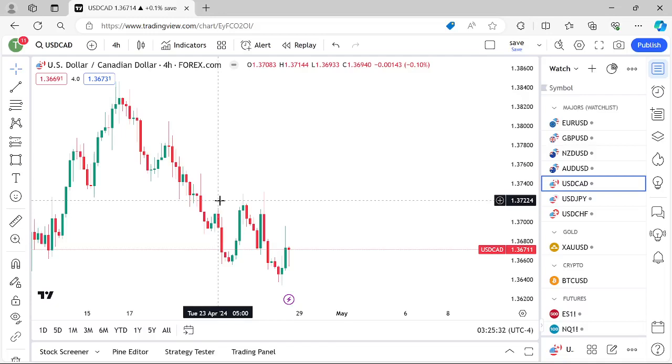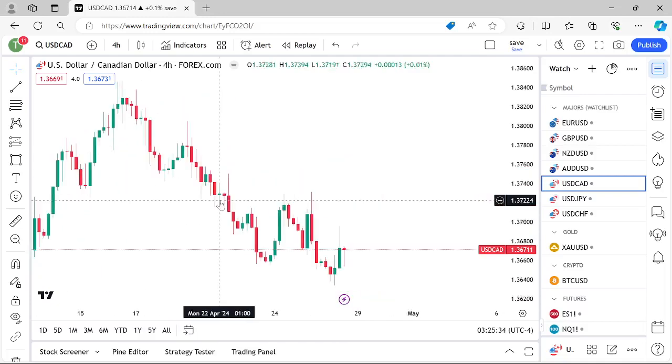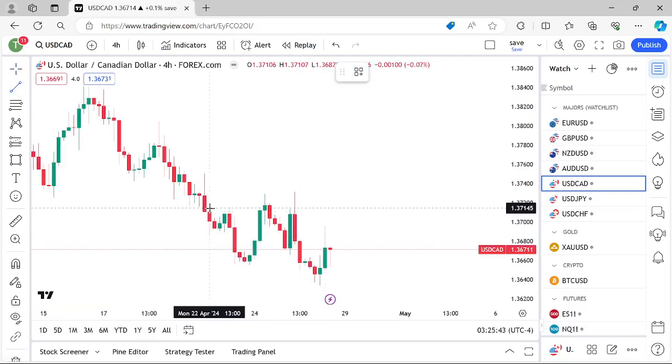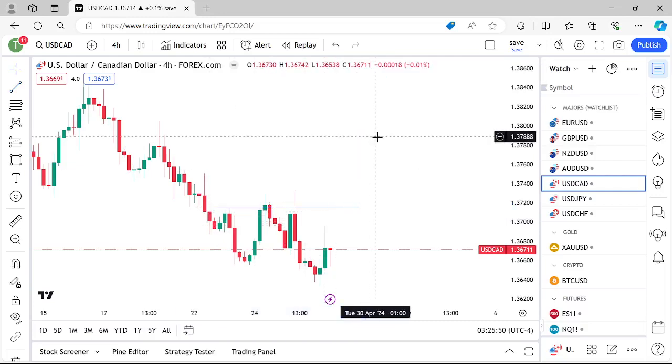What I mean by that, so here's the deal with Forex. We got this push up right here on USD CAD. You see this really big ramp up right here. This thing pushed up and it took out this pool of liquidity up here. But you've got to pay very close attention to price, because as the saying goes, the devil is in the details, meaning you need to pay attention to the details here.